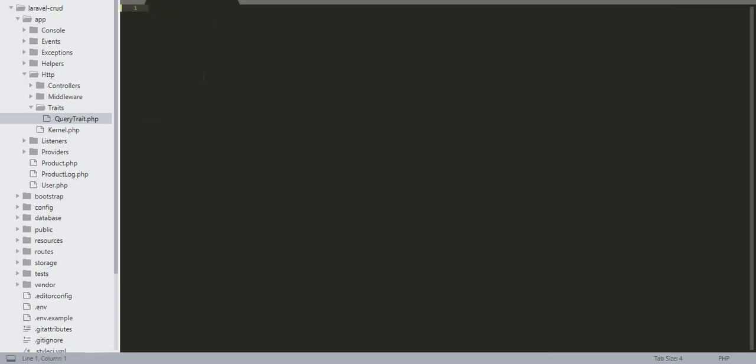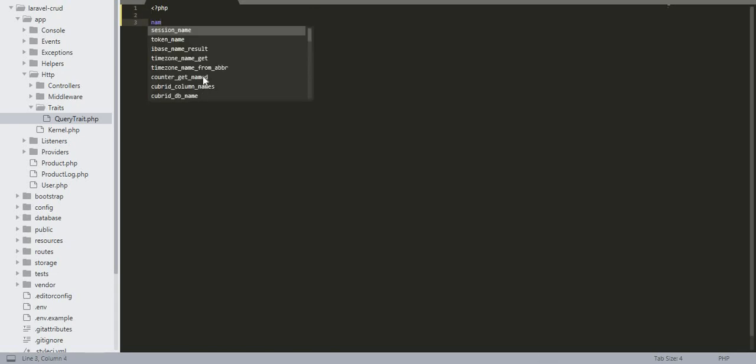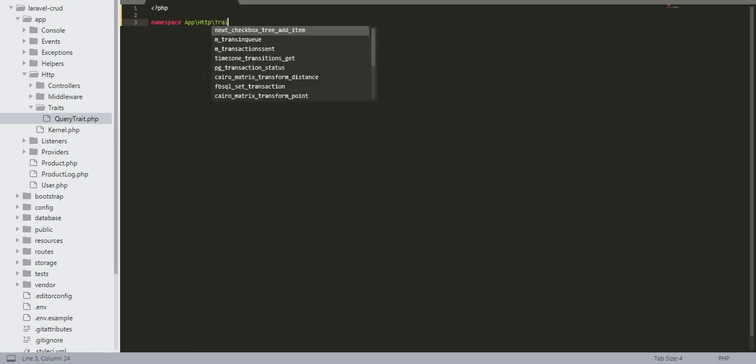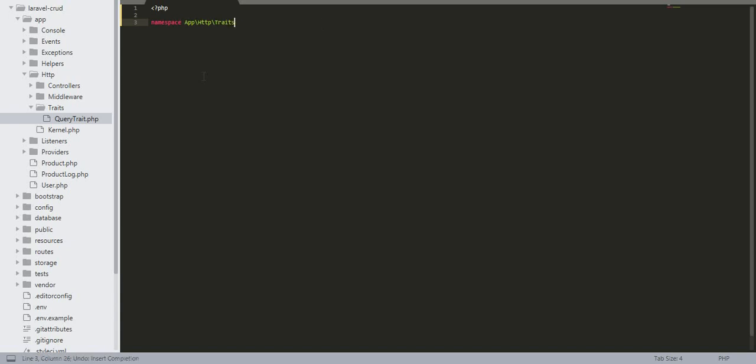Now let's write some code. PHP, and then we use a namespace, and the namespace will be App\Http\Traits. Why are we creating a trait in this application?